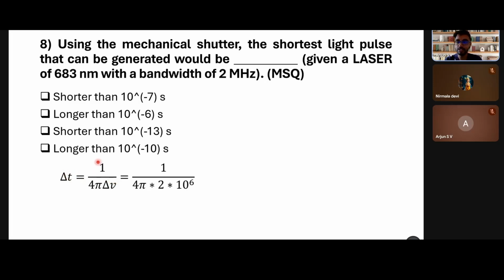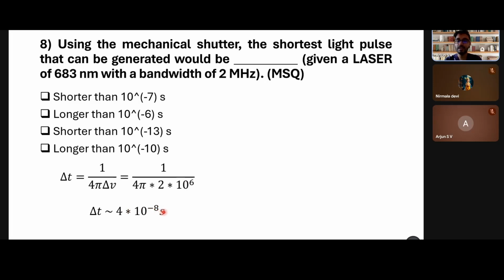So delta t is equal to 1 by 4 pi into delta nu. They have already given the bandwidth as 2 megahertz, so we just have to plug in the value of 2 megahertz, which is 2 into 10 power 6 hertz. So delta t will be 1 by 4 pi into 2 into 10 power 6. If you solve this, you will get delta t as approximately 4 into 10 power minus 8